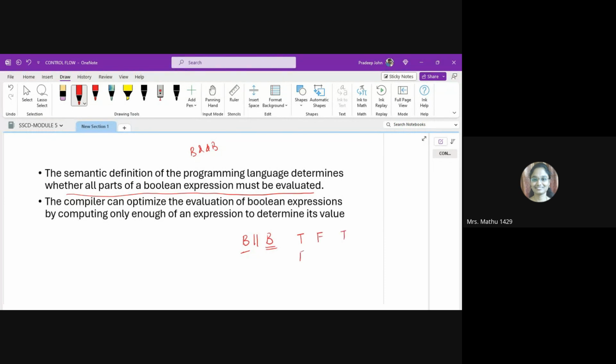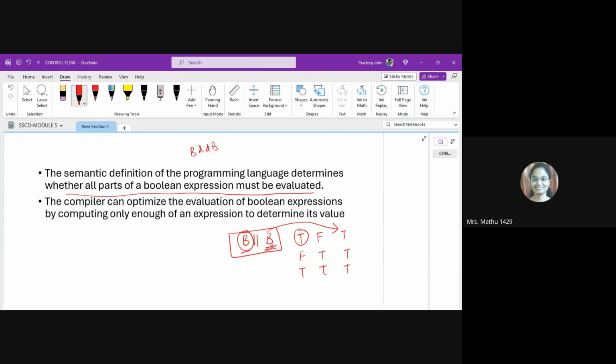So if you are evaluating the first expression, and it is found to be true, then obviously the total result of this expression is going to be true, and